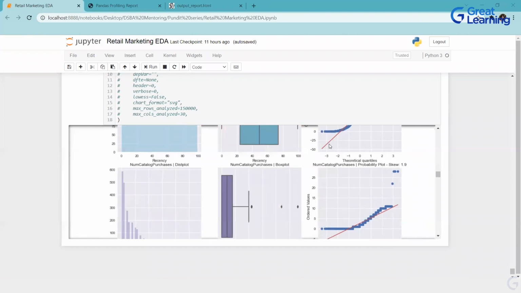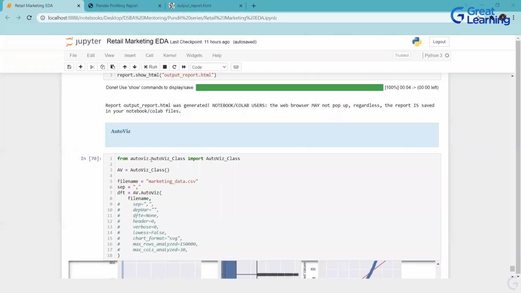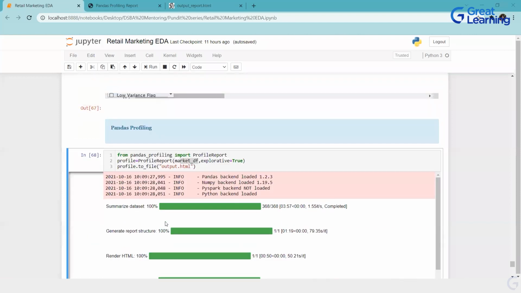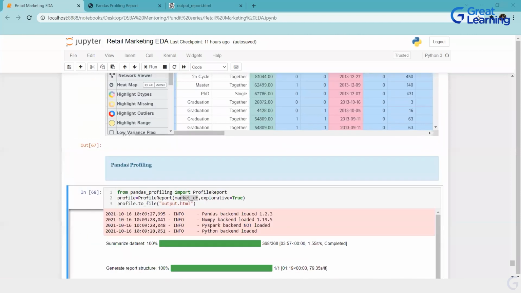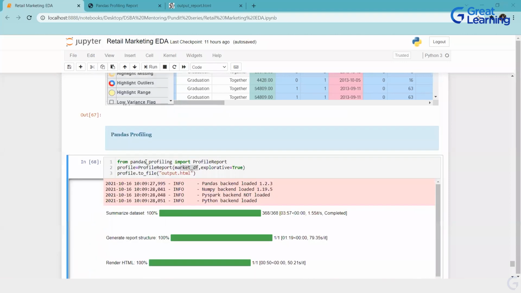While installing pandas, there is an error. Which library is this? This is the AutoViz library. AutoViz. For Pandas profiling, you don't need to install the library. You can just go ahead and directly import it from pandas profiling. I think it is in pandas only. Otherwise, you can just try installing this if it is giving you an error.